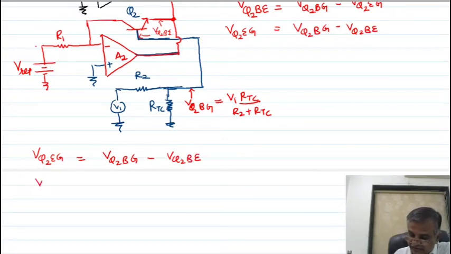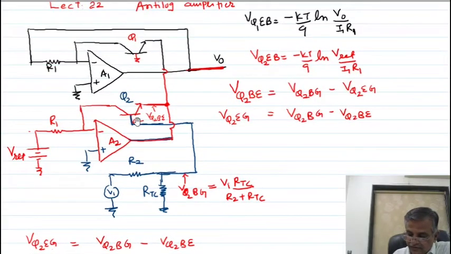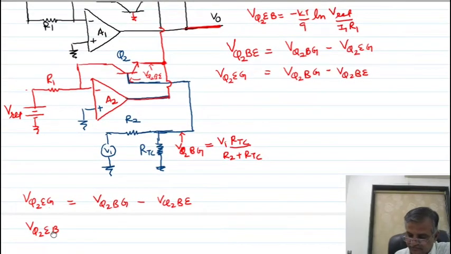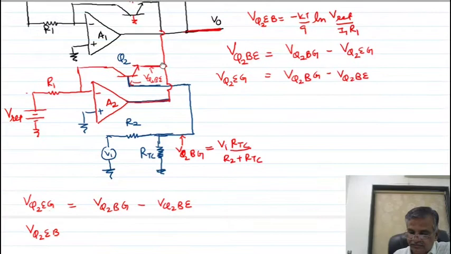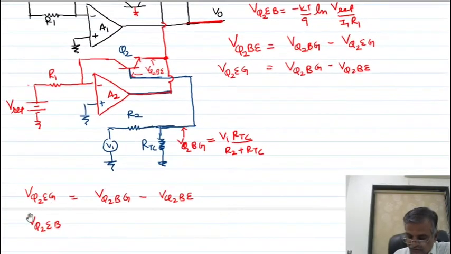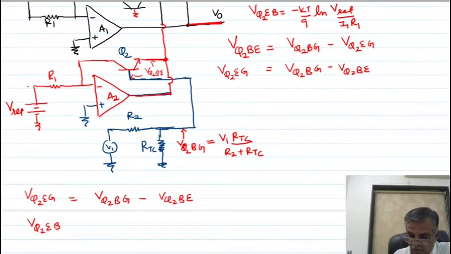So this is, I can write VQ2 emitter ground, base of the first is ground, so I am writing base of 1. If I write the base of 1, so you can see, yes, this is your instead of ground, what I am writing, it is base here. Emitter is the same. See, emitter is the same potential of this. So this VQ2 I can also write it is Q1, remember.